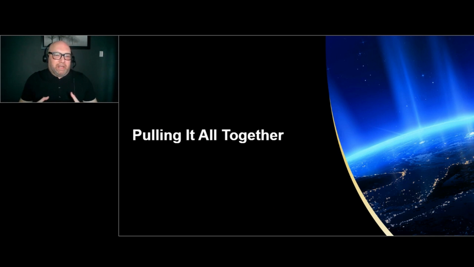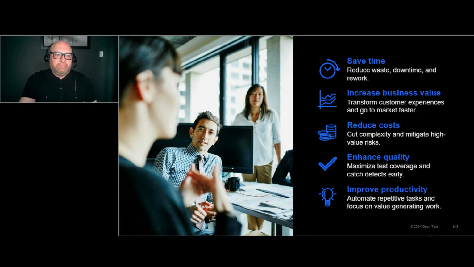So we've been talking for a while now, so let's pull this all together. And we see that DevOps Aviator provides the potential to solve 5 key objectives: reducing the waste, downtime, and rework, saving you time; transforming customer experiences and getting to market on time, faster to increase your business value;